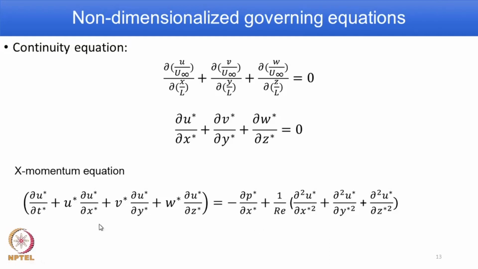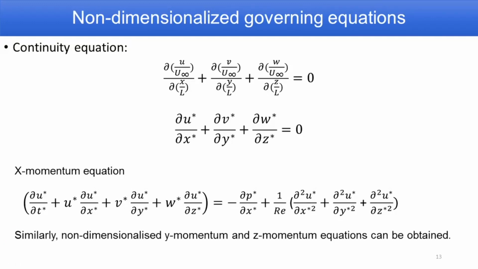As I explained for the continuity equation, here also no term has unit. We already know u star has no unit, and t star also has no unit, so the entire term has no unit. Similarly, the other terms, so the entire equation is without any particular unit,